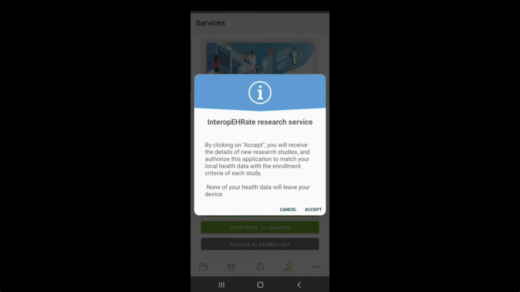So as a reminder, at this point, I just received data coming from a server, so it's an inbound flow of information. There is no outbound flow. There is no information about me that is shared with anybody. Everything resides on the smartphone, and the inclusion-exclusion criteria are evaluated on the smartphone. If I accept this, then I'm finished for this part, if you want, and